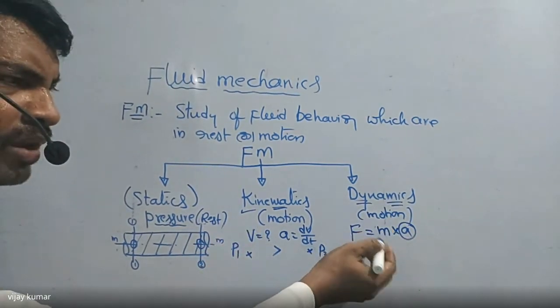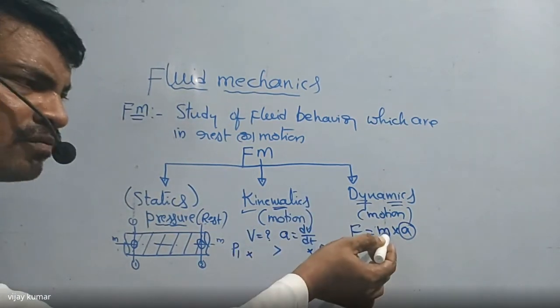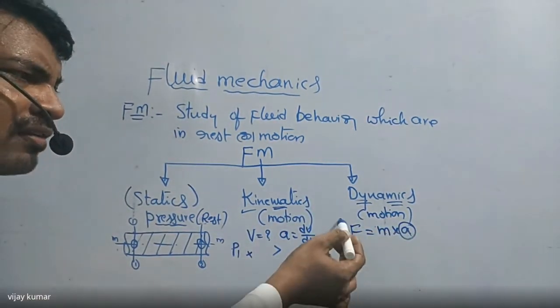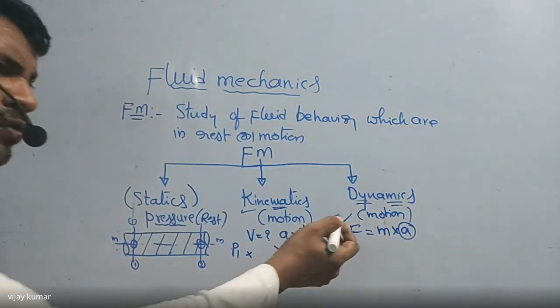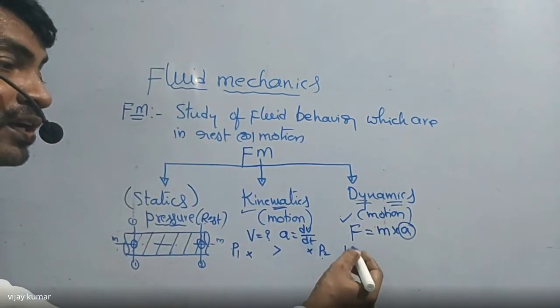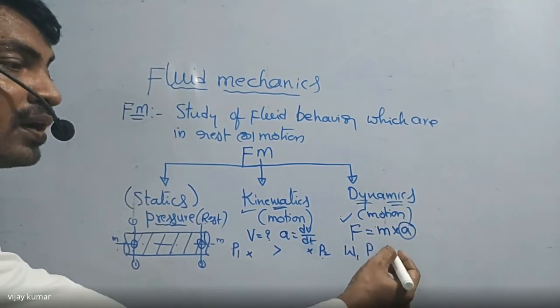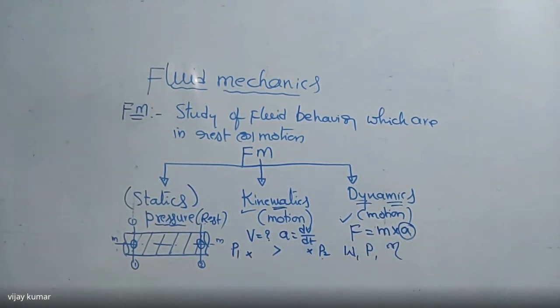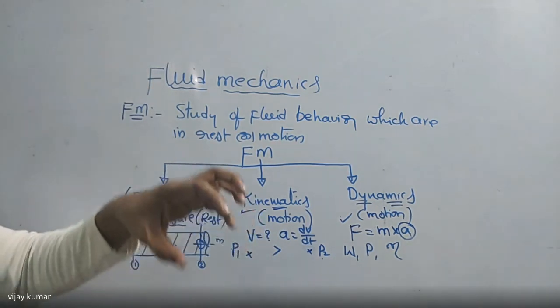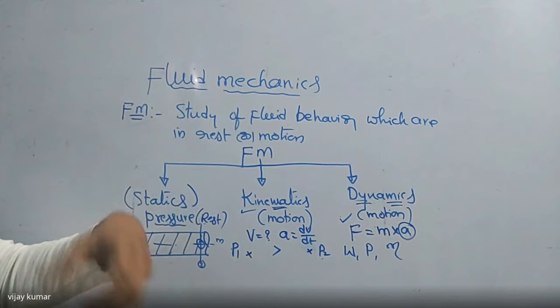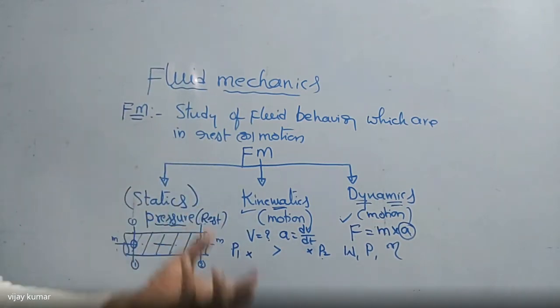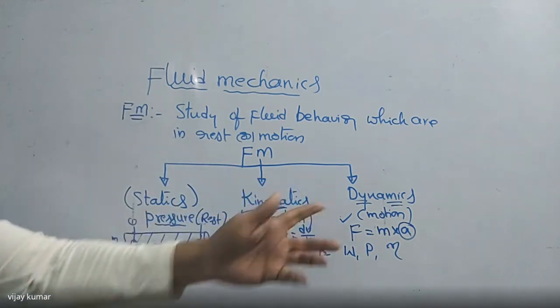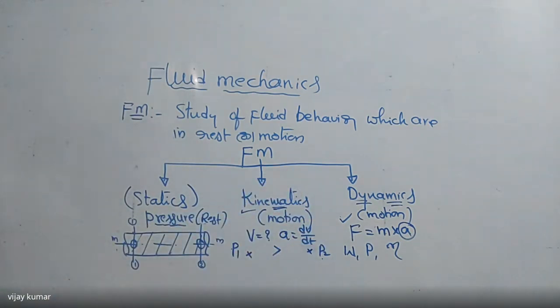I can find the mass of the fluid. The mass of the fluid is multiplied by acceleration. Then I can find how much force is acting on the fluid. If you know the force, I can find the work, the power, the efficiency. So in case of dynamics, I can find how much force is exerted on the fluid, how much work is done by the fluid, how much power is produced by the fluid, or what is the efficiency of the system. We can find anything in fluid dynamics. So this is the